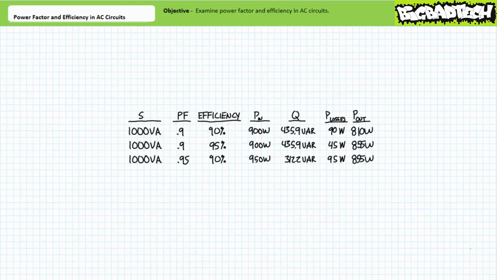Let's compare and contrast these three implementations with one another. For our third implementation, an increased power factor of 0.95 resulted in not only more real power input into this system, but also less reactive. This being said,